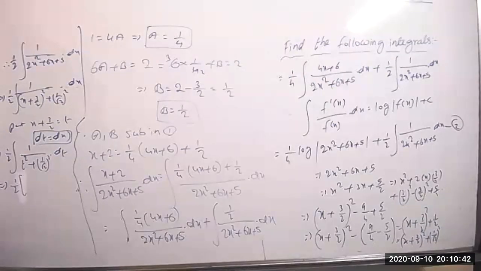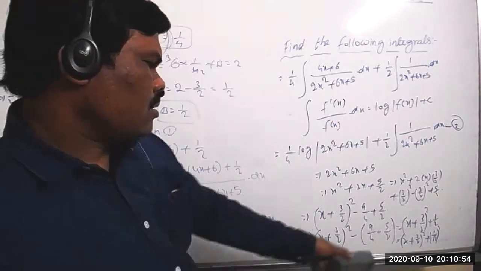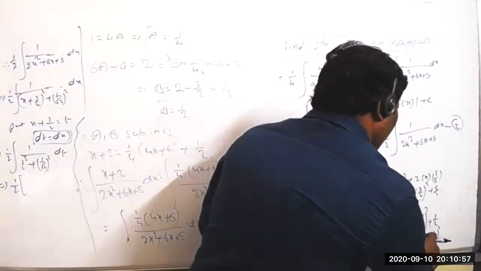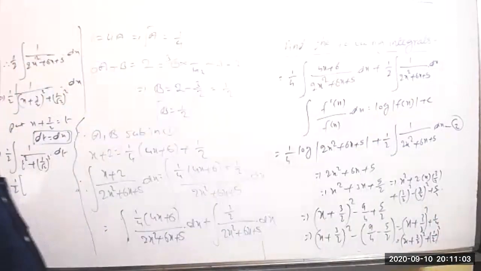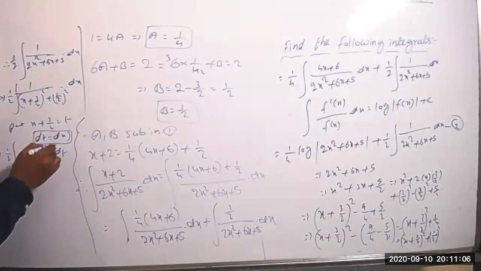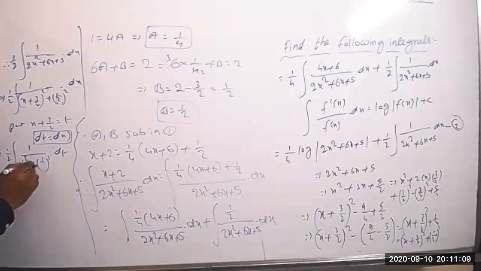correct only. What we did: we took minus common, 9 by 4 minus 5 by 2. Correct, 4 is the LCM, so there is a 4 in the denominator. That means 4 you can write directly as 2. Is that correct? Okay, it's fine. This is directly 1 by 2 whole square. Here also 1 by 2 whole square. 1 by 2 into 1 by 2 into, then you can take 1 by 2. Is that correct? 1 by a into tan inverse of.